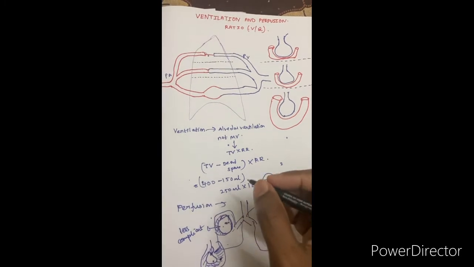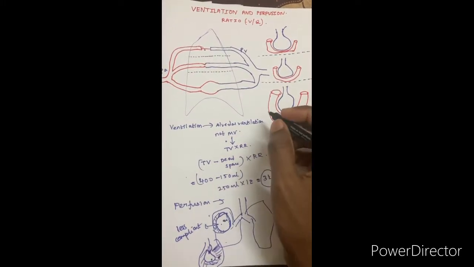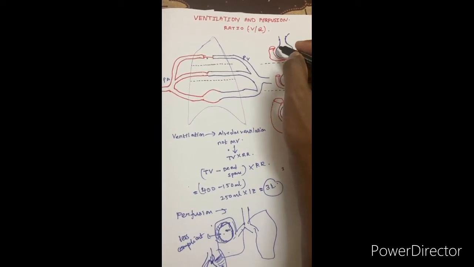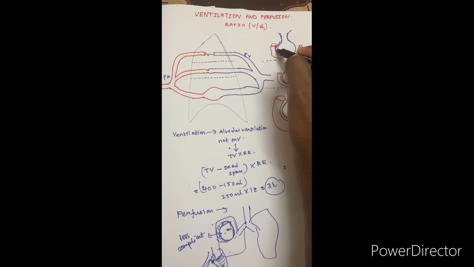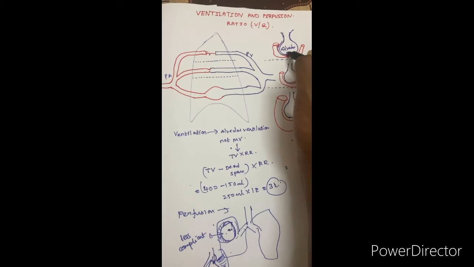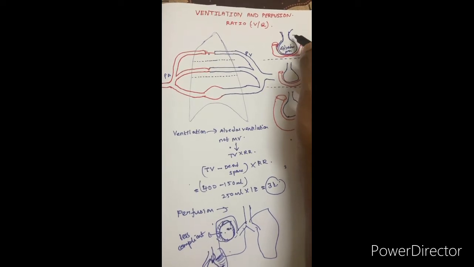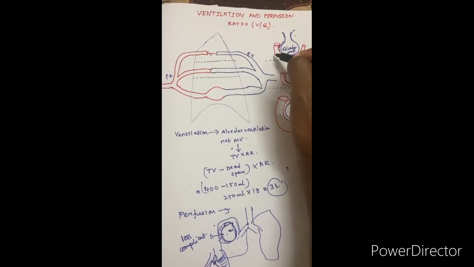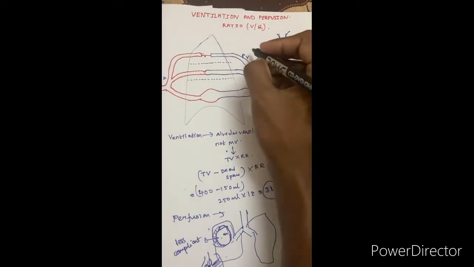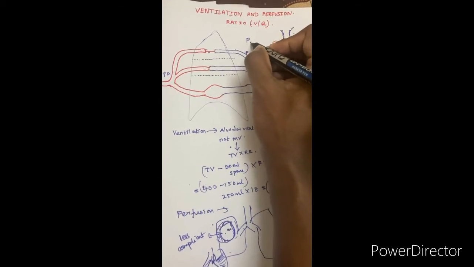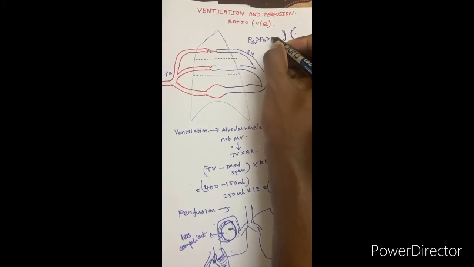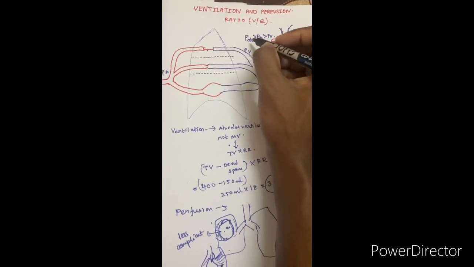So now you have seen the different alveolar segments. Coming to the perfusion part. Because these alveoli at the apex are distended, the alveolar pressure here is more. So the alveolar pressure at the apex is more compared to your pulmonary artery and pulmonary venous pressure. So I will mention here that the alveolar pressure is more than the pulmonary artery and more than the pulmonary vein.